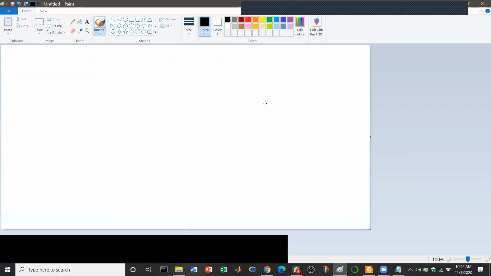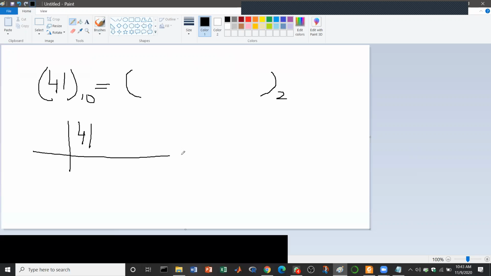my task is to convert 41 base 10 into a binary number. Here I write the binary number and write here 2. So what I do is just use a method which we learn sometimes in our elementary classes, divide it with 2. So I get 20 and I get 1 as a remainder. Then I do it again,